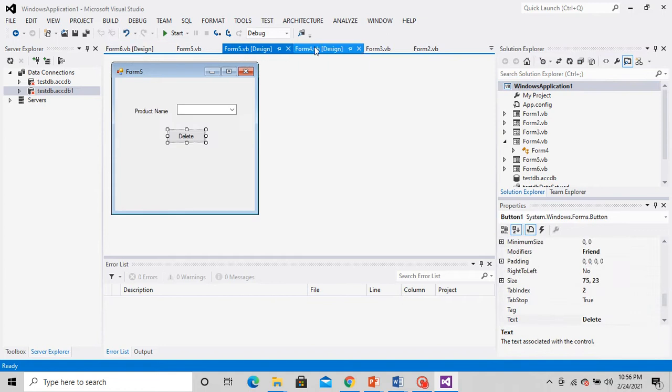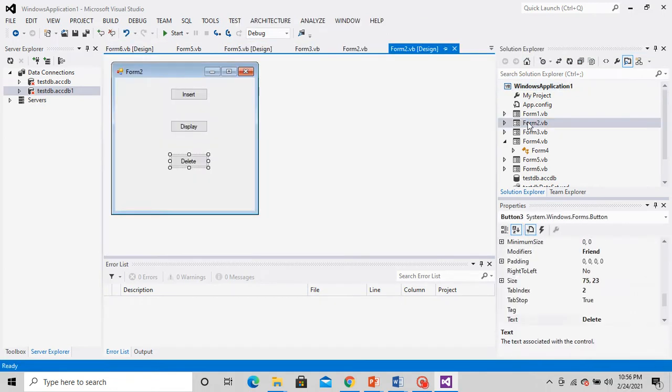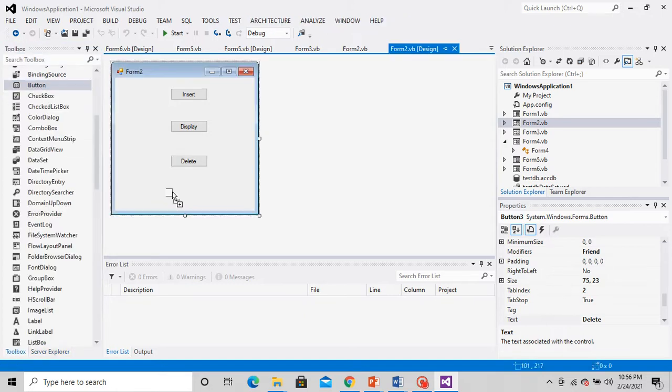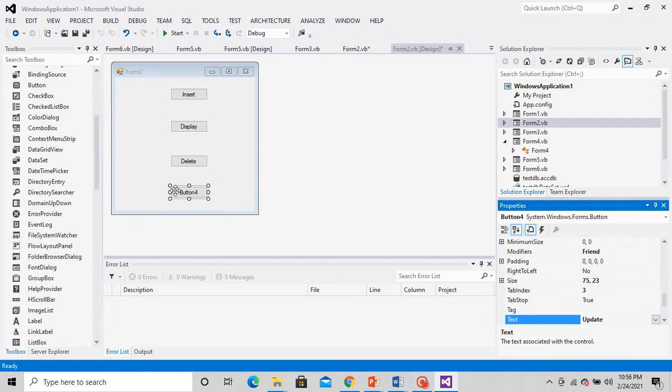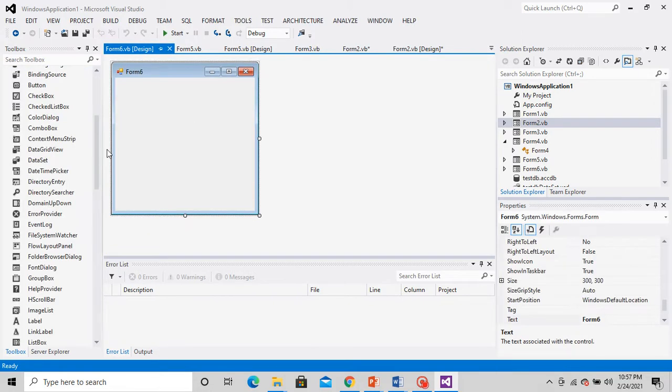Now let me connect form 2 with form 6. I'll just add one more button. As I said before starting, I'm trying to make it very simple, so that you can see the codes separately and you can work on your project and improvise it.